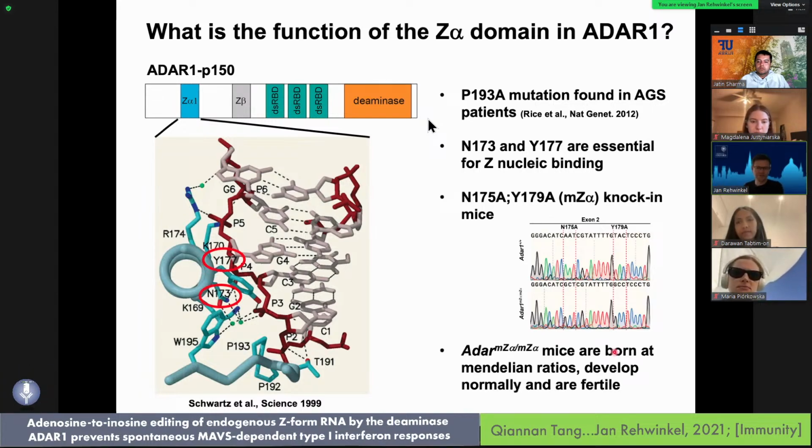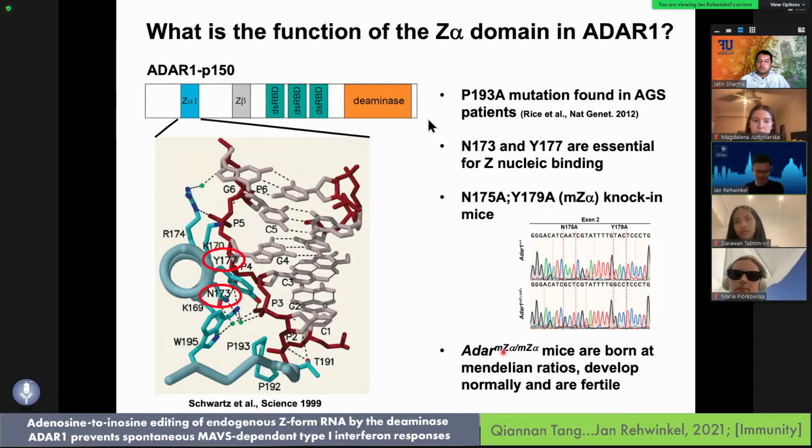And the first observation that we made when we looked at these animals was that these ADAR1 mutant mice, and I'm going to call them ADAR1 MZ alpha for short in the rest of the talk, were born at predicted Mendelian ratios, developed normally, and were fertile. That's quite different to the full body knockout of ADAR1, which is embryonically lethal, suggesting that the Z alpha domain is not absolutely essential to the function of ADAR1, but it was a good result